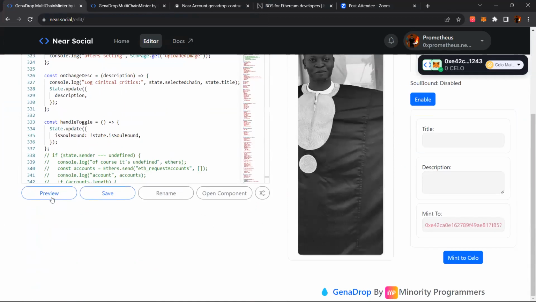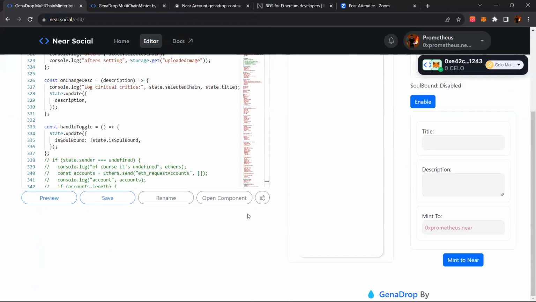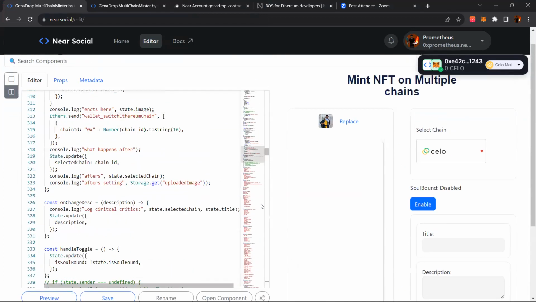How am I doing what? Estimating the gas that you need for the mint. Yeah, so I think this question was for NEAR, right? This question is more for NEAR, right? Yeah. So yeah, I mean,